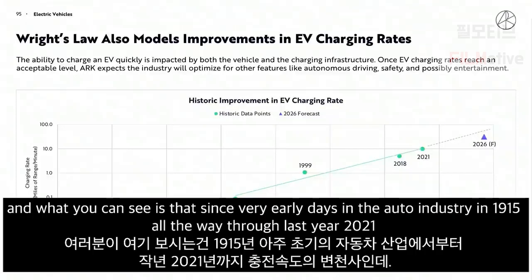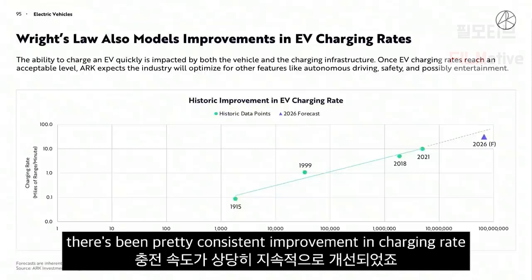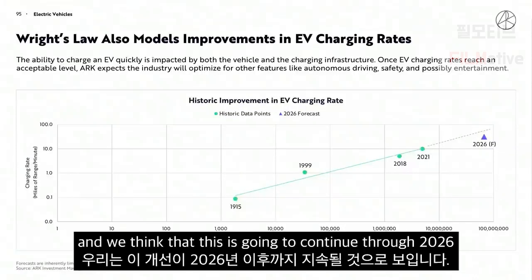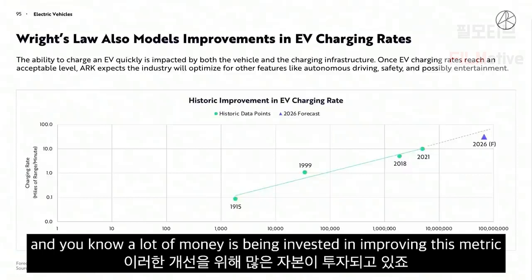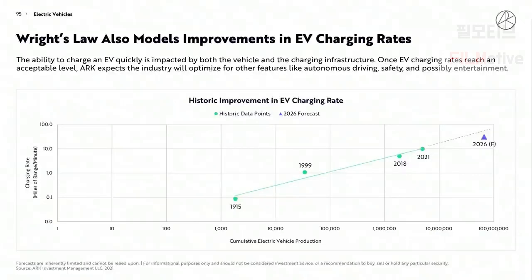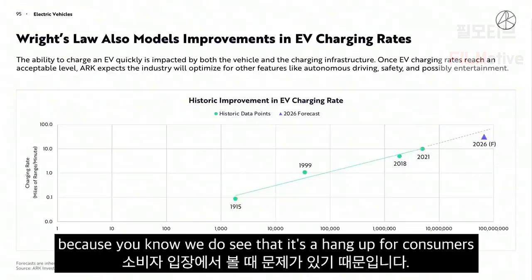And what you can see is that, since very early days in the auto industry, 1915, all the way through last year, 2021, there's been pretty consistent improvement in charging rate. And we think that this is going to continue through 2026. And a lot of money is being invested in improving this metric because we do see that it's a hang